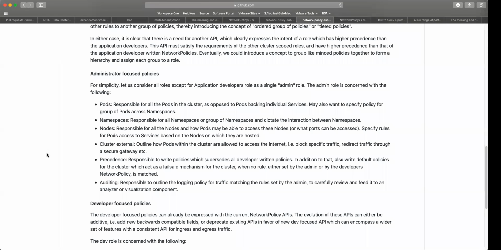So that's the view he came from: a cluster network policy would be more useful as a deny action, while the Kubernetes network policies, which act as the developer policies, are more about allowing specific access. I don't have an answer to your question, but this was one of his related comments.